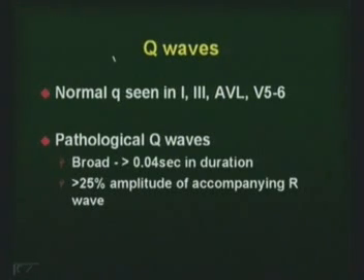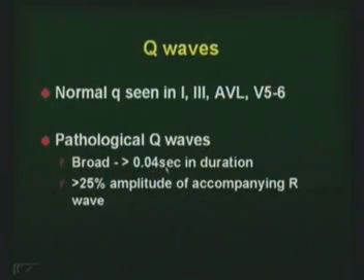The Q waves, we were talking about pathological Q waves. You can have a normal Q wave, as I told you right from the beginning, in the lateral leads: 1, AVL, V3, V5 and V6. In lead 3 also, a lot of patients will have a Q wave. If you ask them to do an ECG with a deep inspiration, it disappears. But if you see it in 2, 3, AVF, it is pathological if it is more than 1